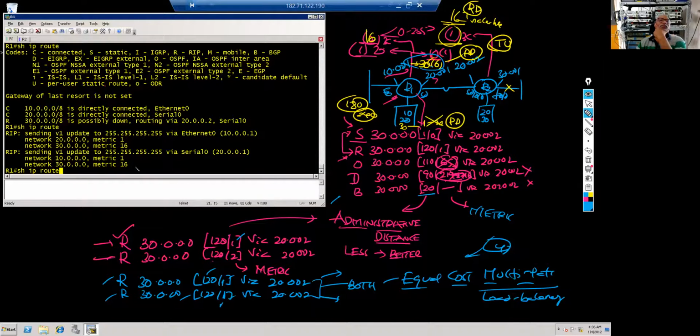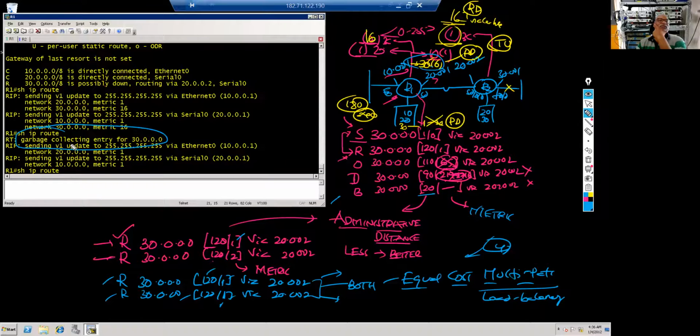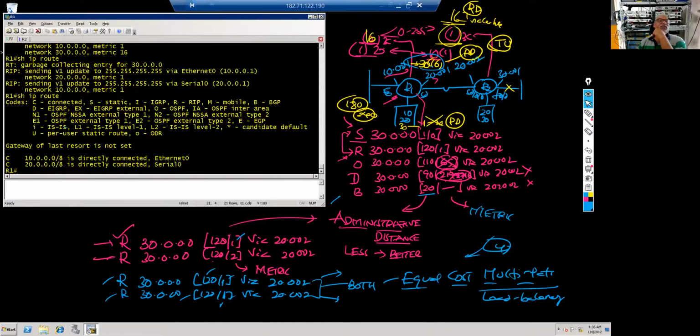So next broadcast, it should flush it. So this garbage collecting entry for 30. 30 is gone. It stopped sending 30. Now only 10 and 20. Right? Okay. See? 10 and 20. Simple.